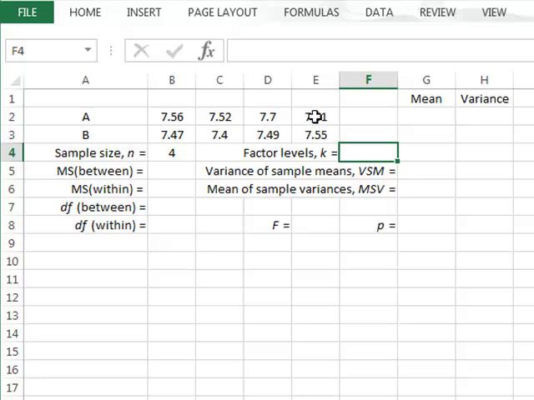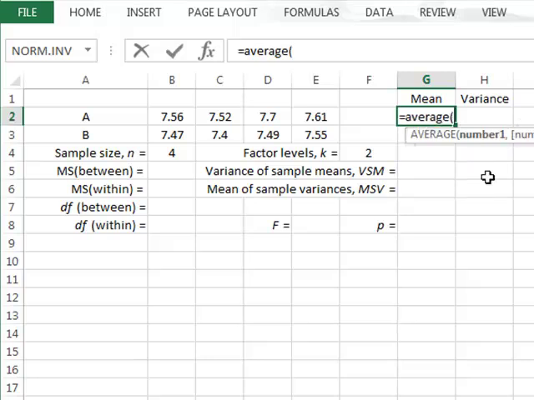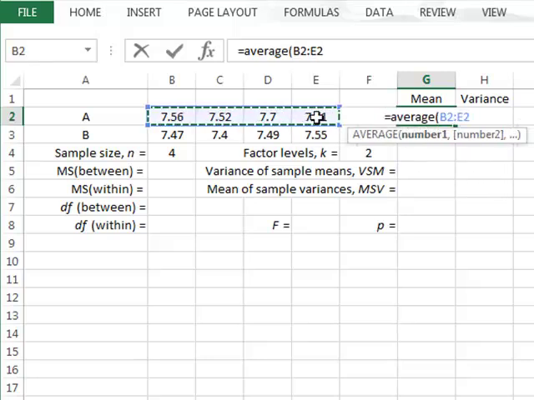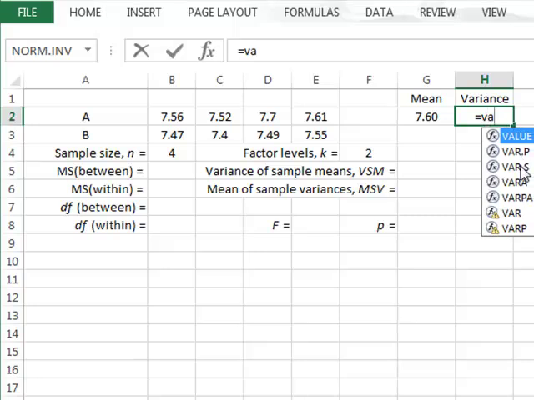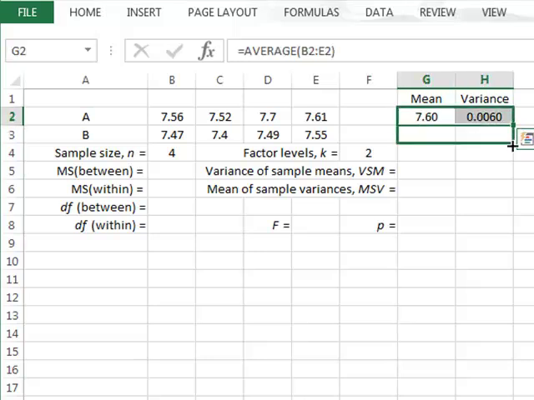The factor being tested is the choice of river, and with two rivers we have two factor levels in our analysis. We start by calculating the mean and variance of both samples. So for the mean of A, it is simply the average of the values, and for the variance we use the sample variance of the data, and then we can use the same formula to calculate the similar data for